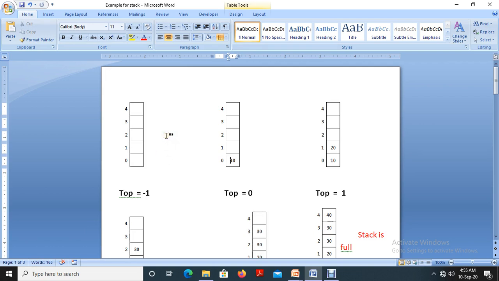That means int a[5]. The memory locations, or index values, for the array start from 0, 1, 2, 3 and 4. So we can accommodate 5 elements in the array, from 0 to 4.